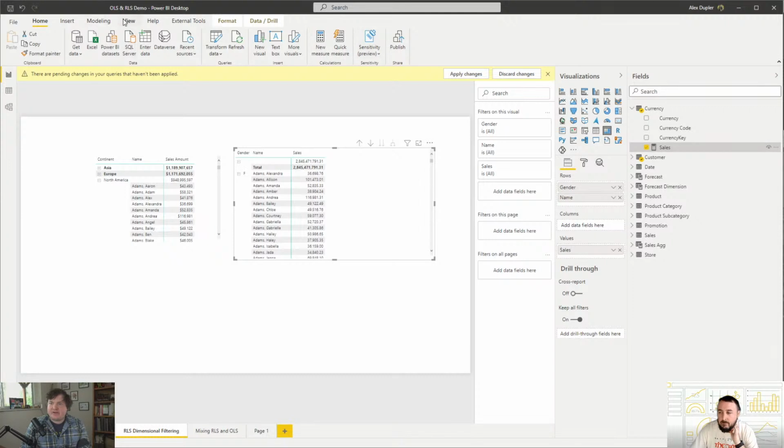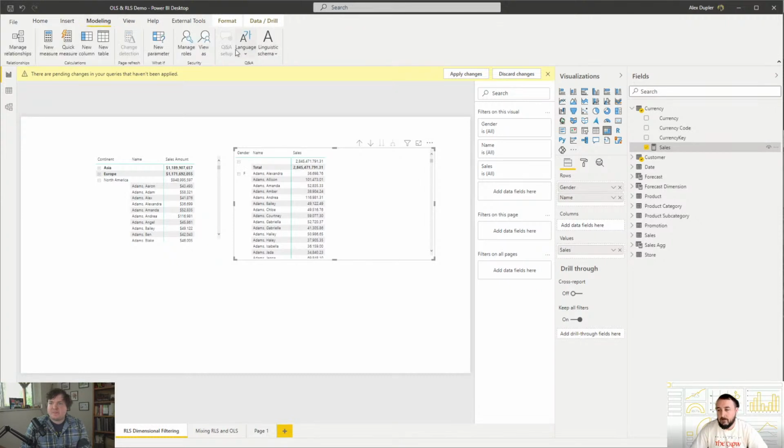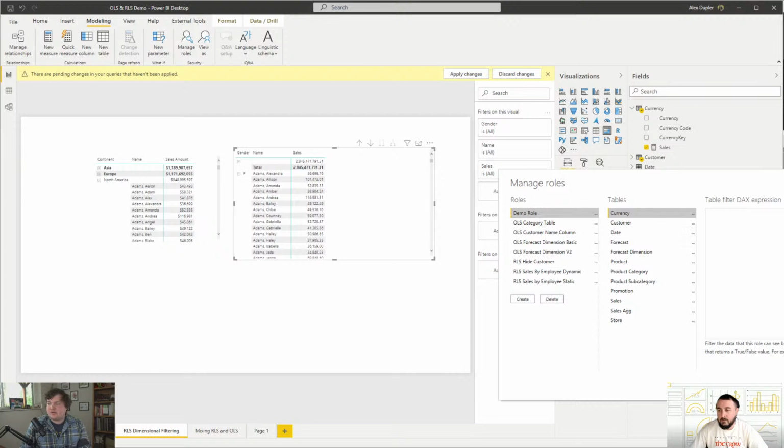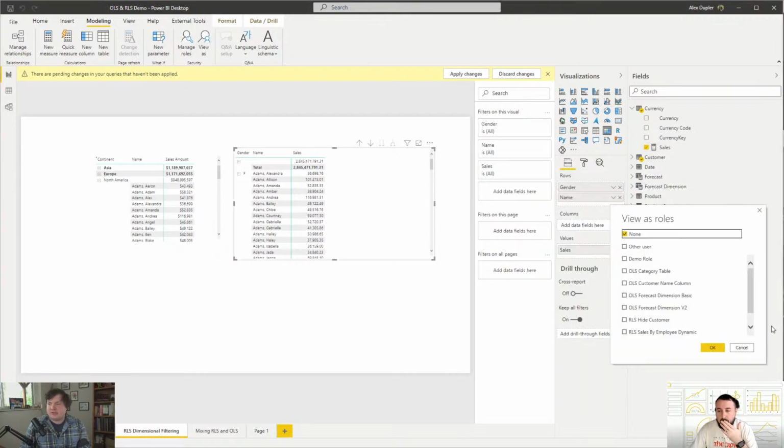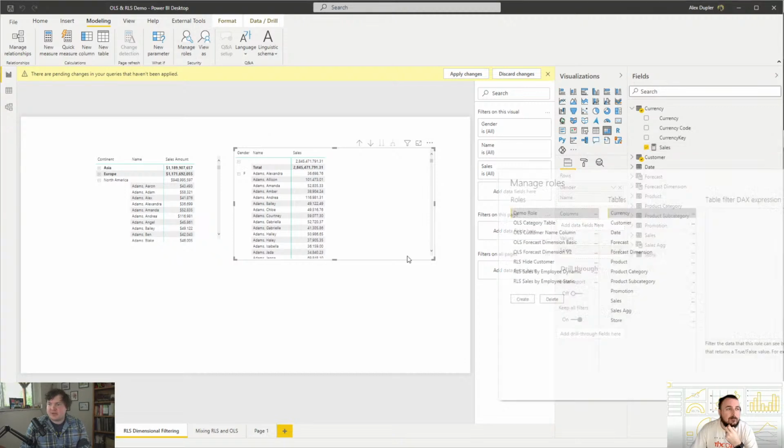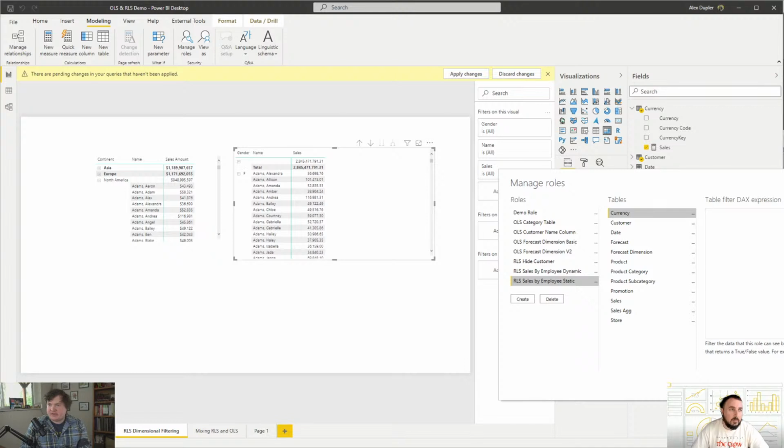And now if I do view as the role again, well, we'll have to use a different role, which I don't think I've set up yet. So now let's just do sales by employee, and on the sales table,